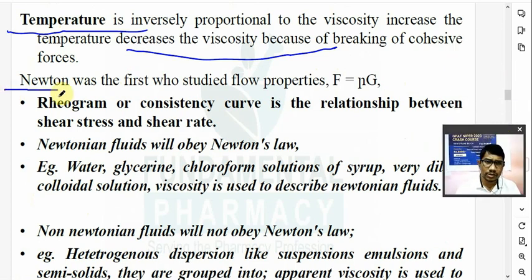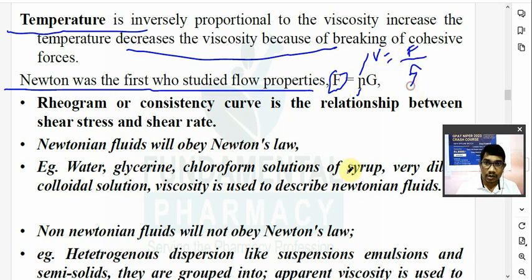Newton was the first who studied the flow properties. He found that shearing stress is proportional to the rate of shearing, and he took the proportionality constant known as eta. This eta is known as the viscosity. Therefore, viscosity is equal to F divided by G. Now rheogram, or consistency curve,